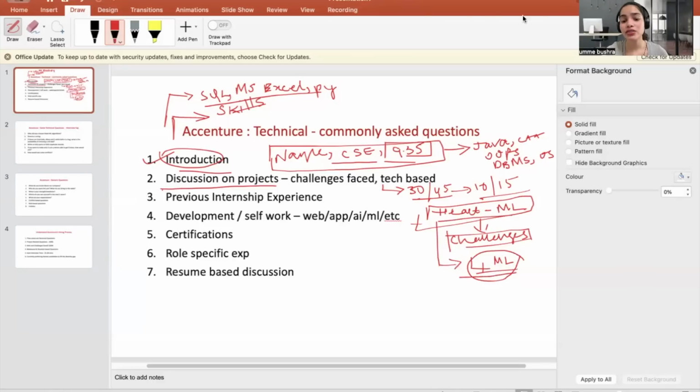Say there's a regression algorithm, then there is random forest. All of these algorithms, if you look into them, each has a specific purpose that it serves. Each of them is good at something. So why have you picked these algorithms and what made you pick them? All of these questions are going to be asked, and you have to be really well versed with the project that you've worked on.